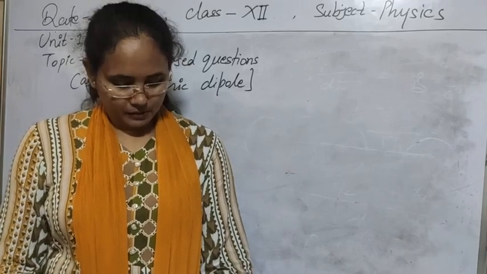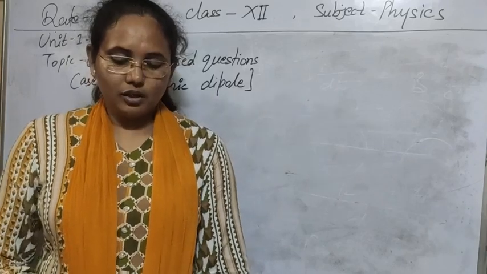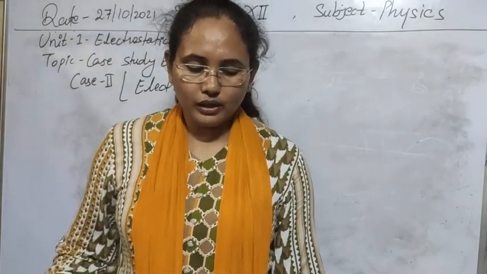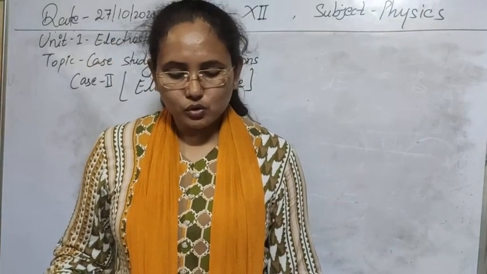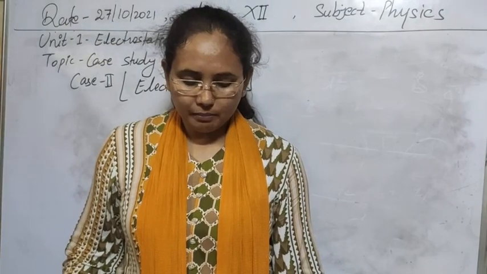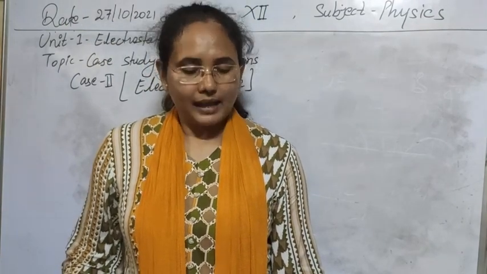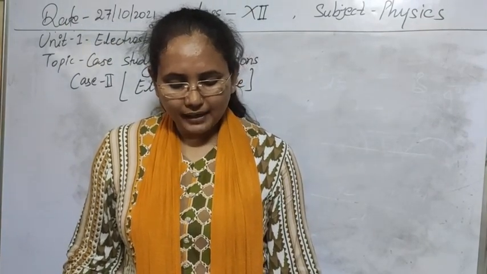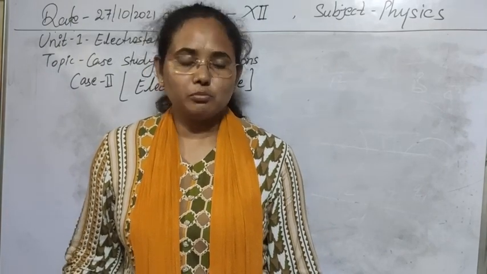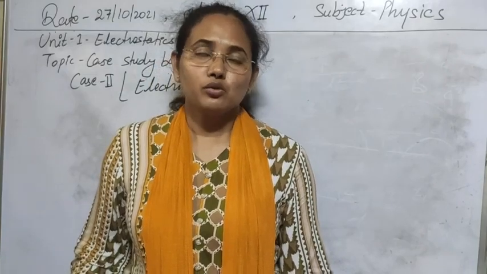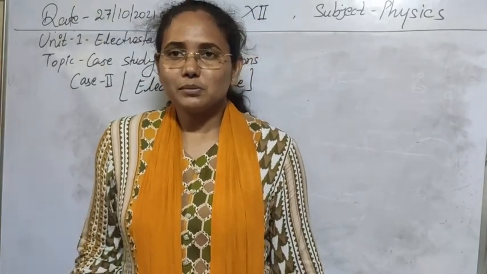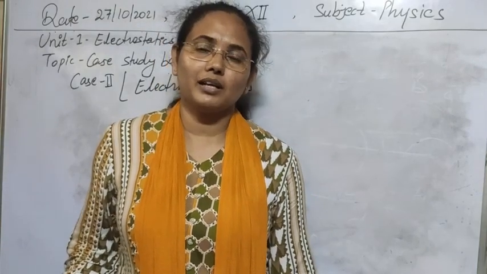The electric field of the pair of charges can be found out by Coulomb's law and the superposition principle. The magnitude and the direction of the dipole field depend not only on the distance r but also on the angle between the position vector r and the dipole moment p. In some molecules like H2O, the centers of negative and positive charges do not coincide, so they have permanent dipole moments. Such molecules are known as polar molecules. So this is the simple case study about the electric dipole, and you already know these basics.